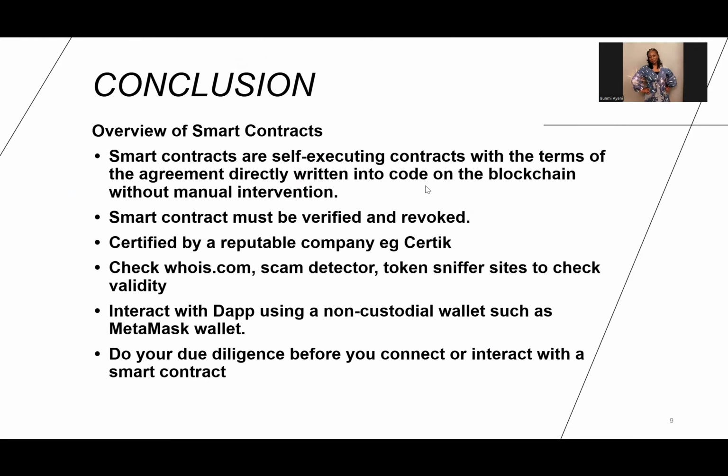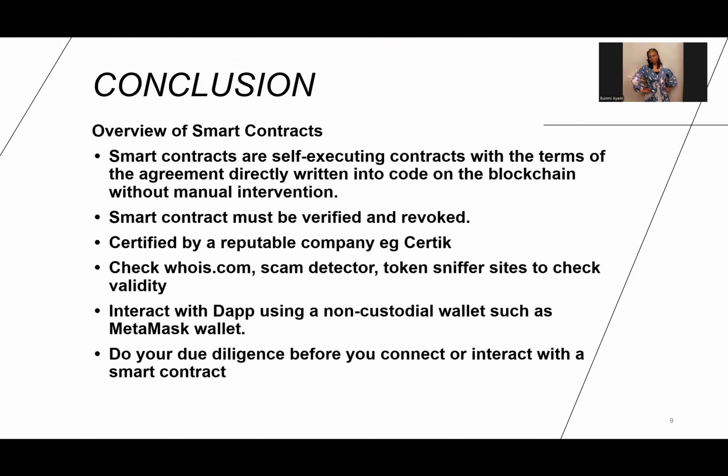In conclusion, an overview of smart contracts: smart contracts are self-executing contracts with the terms of the agreement directly written into code on the blockchain without manual intervention. That's key. Smart contracts must be verified and certified by a reputable company, for example Certik. You can check whoisthis.com, scam detector, and token sniffer sites to check the validity of a contract.